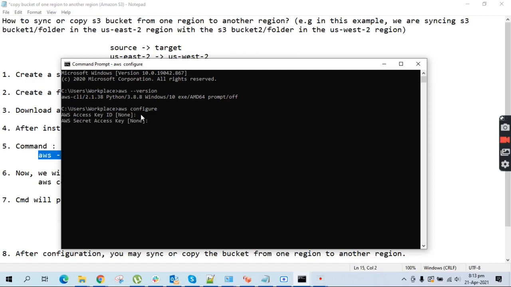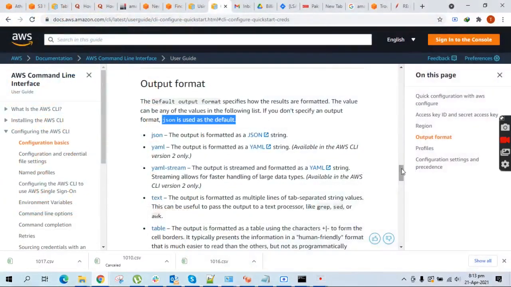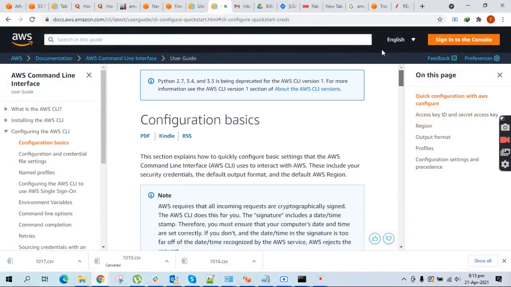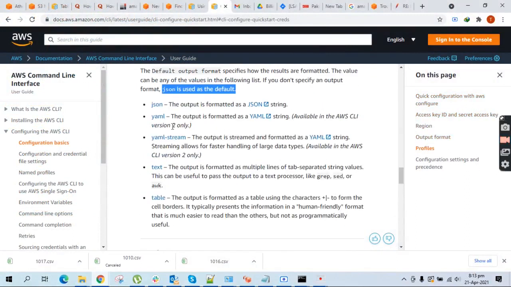We will enter the default region name, in our case US West 2, and the default output format. It can be JSON or YAML. You can see it from the Amazon configuration documents. The output format may be JSON, YAML stream, text and table.